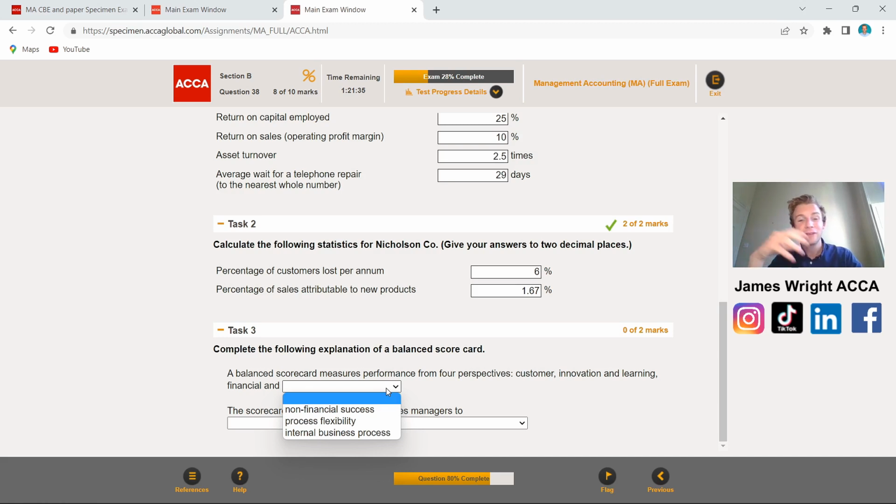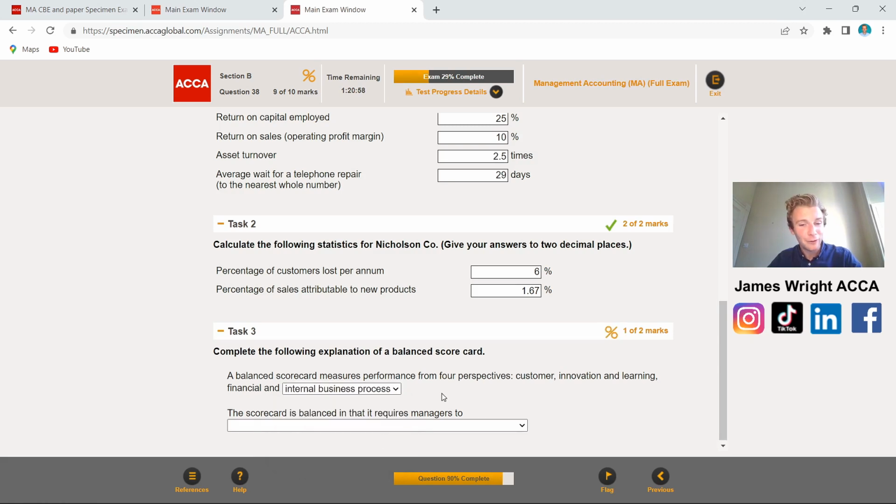Now, even if you're a student who's having a 1 in 3 guess, let's have a look to say what looks reasonable here. And think to yourself, customers, innovation, learning, financial, and non-financial success. Does that sound right to you? No, not really. Customer, innovation, learning, financial, and process flexibility. It doesn't quite fit, like it's in the same ballpark, does it? But customer, innovation, learning, financial, and internal business process, well, that sounds a lot more promising and actually like it could be put into practice in a theory. So lo and behold, even if you didn't know it, you could have still guessed it not knowing the theory